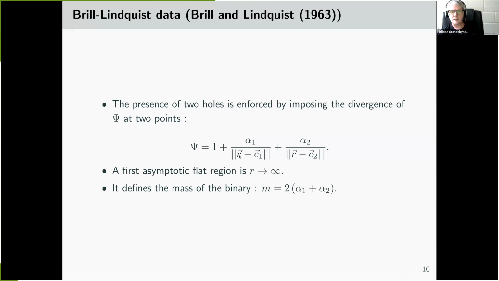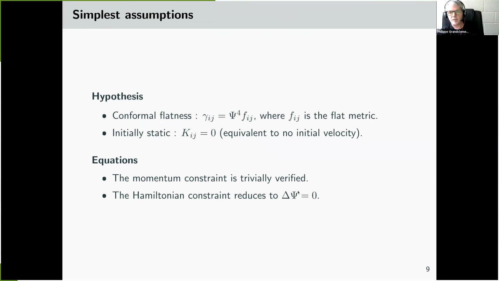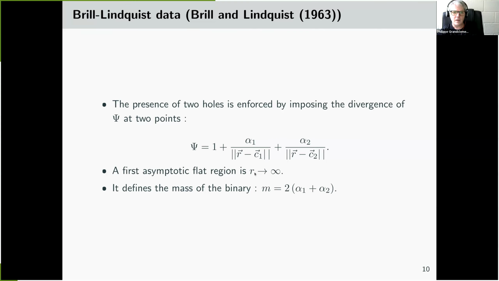So here, when R is C1 or R is C2, the conformal factor diverges. This expression here is obviously a solution of the flat Laplacian of psi being 0. If you look at this solution, there is obviously a first asymptotically flat region, which is a region when you're very far from the points of divergence. So if you make R go to infinity, obviously psi goes to 1, and you have an